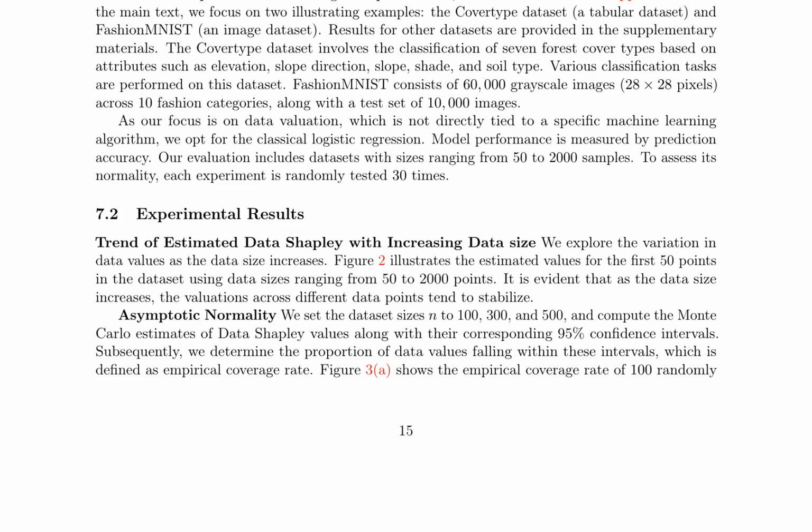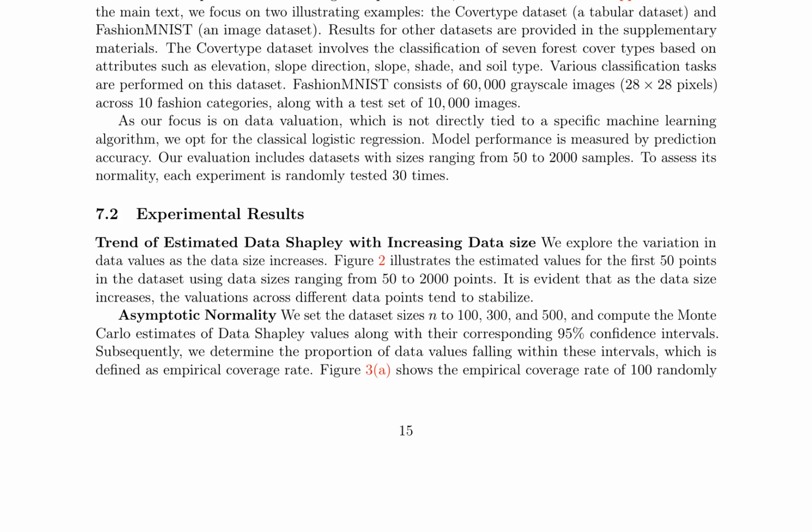The cover type dataset involves classification tasks based on attributes such as elevation and soil type, while fashion MNIST consists of grayscale images across 10 fashion categories. The experiments employ classical logistic regression, with model performance measured by prediction accuracy, and evaluate datasets with sizes ranging from 50 to 2,000 samples. The experimental results explore the trend of estimated Data Shapley values with increasing data size, showing